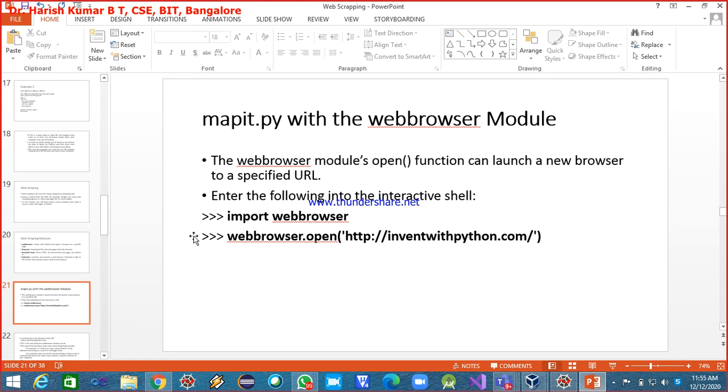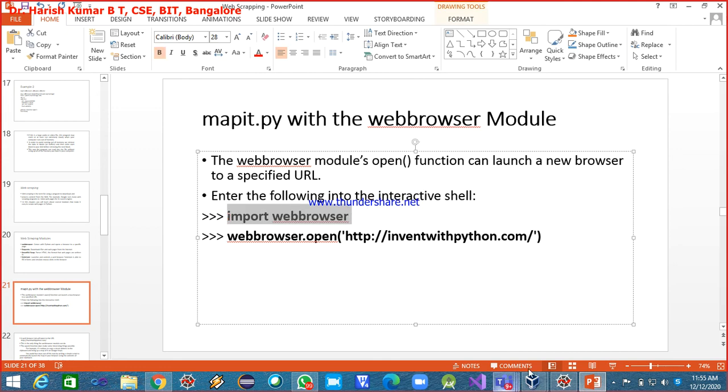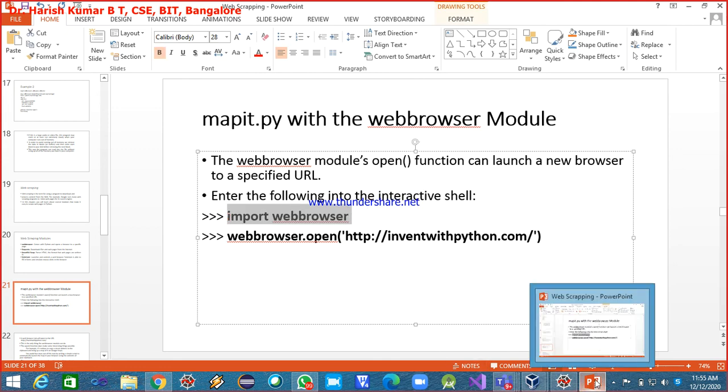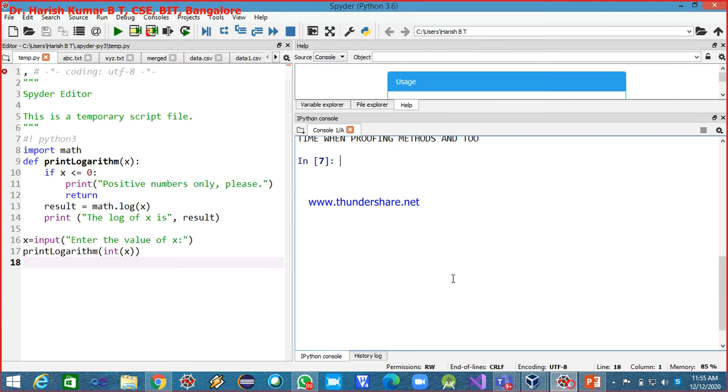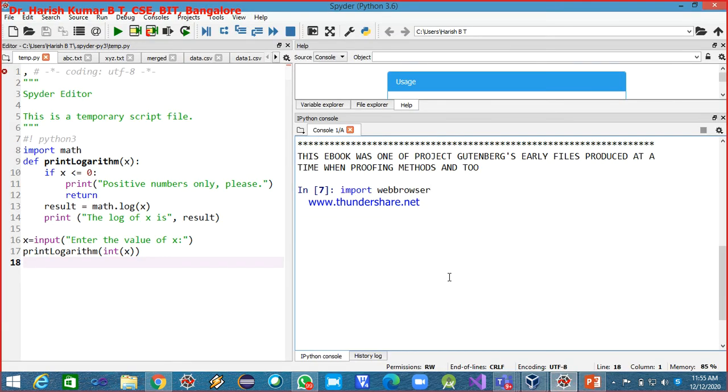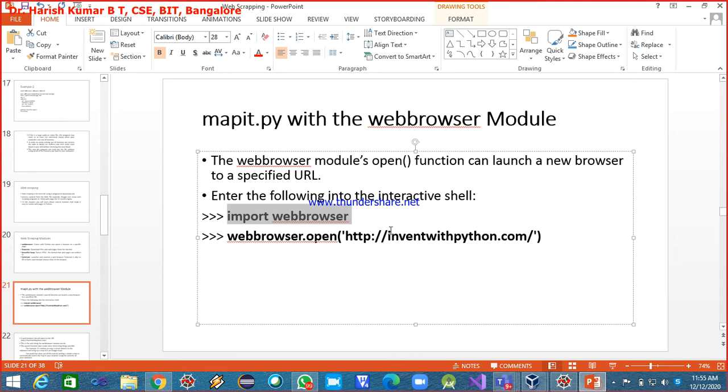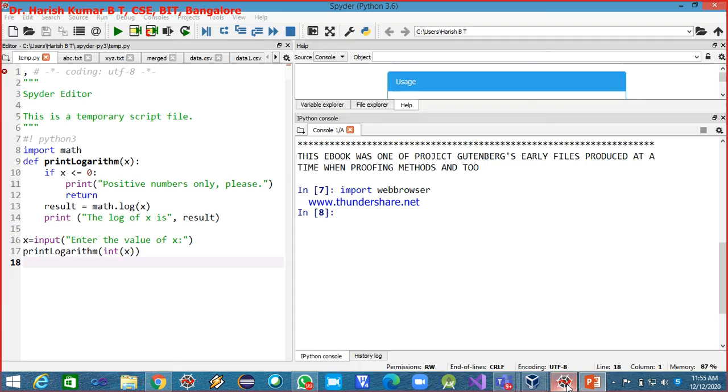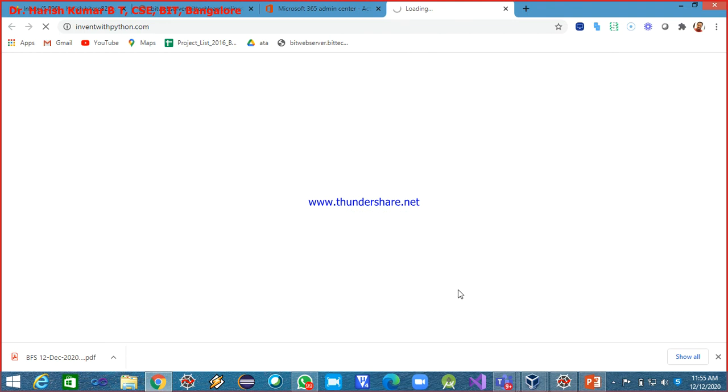Now we'll see how it works. So I've imported the module webbrowser. Now say I just want to open inventwithpython.com.